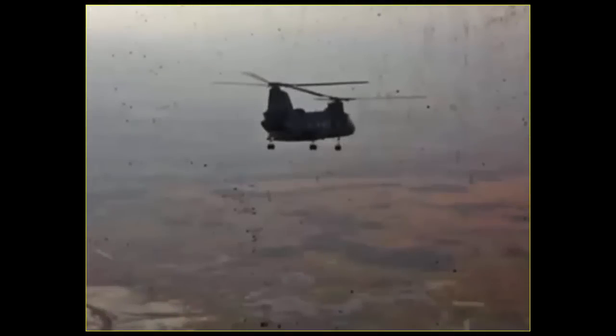It's called a CH-46, and that's the A model, which is what I flew in Nam. It was the Marine Corps' medium helicopter. The Marines used that like the Army used the Huey. We did just about everything with that. We did resupplies, we did medevacs, we did troop inserts,